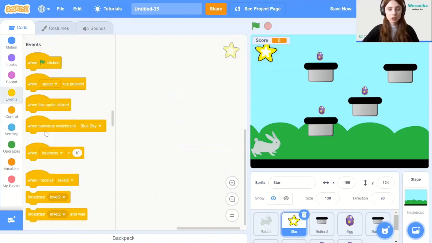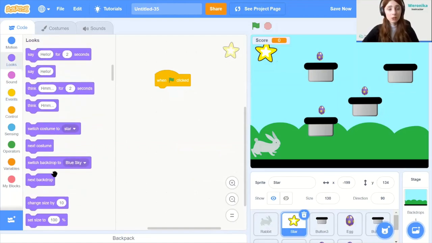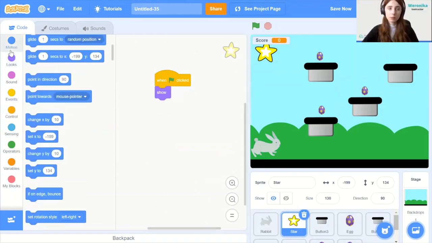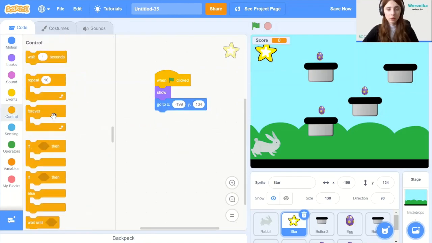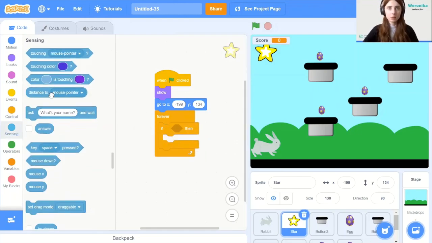So it has to start on the green flag, as always. It has to be shown, and it has to go to the right position. Now, forever, if it's touching the rabbit, then, and we need to think of what happens next. So if it's touching the rabbit, let's touching